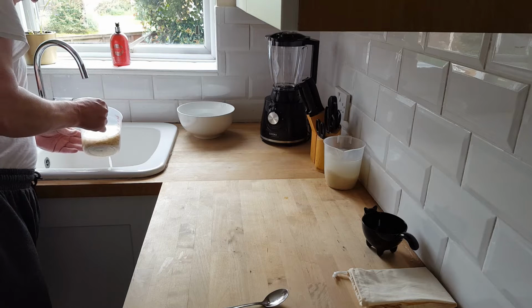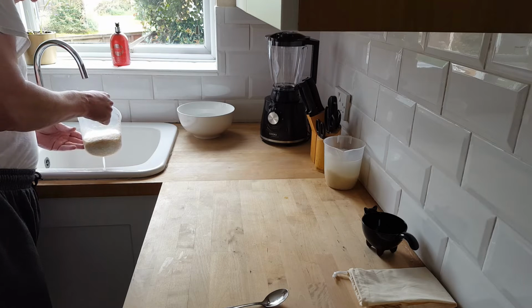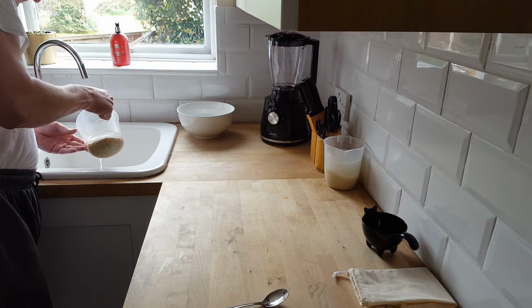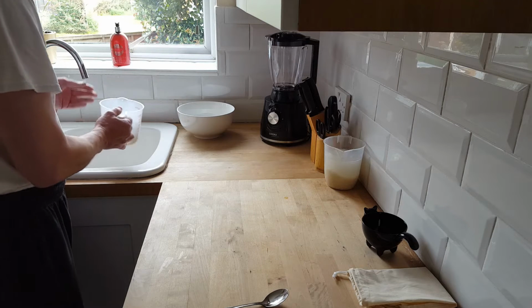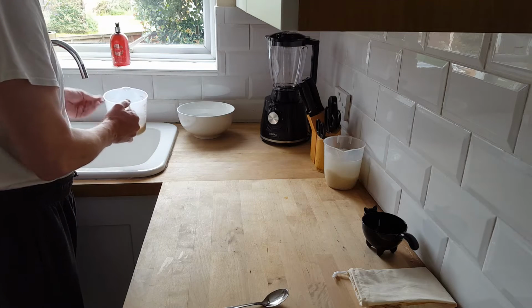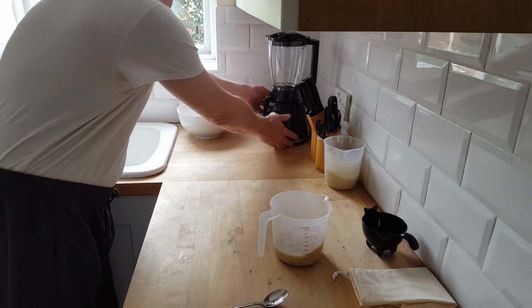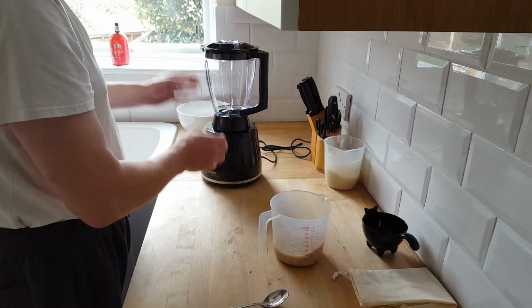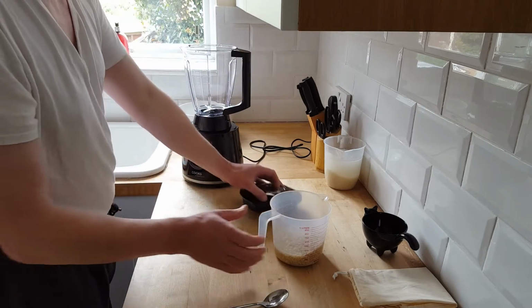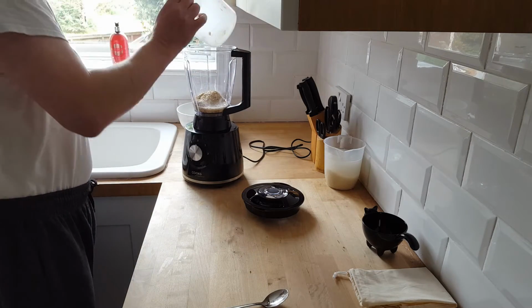The reason that people I've seen doing this on different YouTube channels say to rinse it is that if you don't actually rinse it, there is some kind of, it's not really a chemical, something in the oats anyway, that can be a little bit slimy, and if you don't rinse it out, the finished milk can taste a little bit slimy. So we simply pop that into the blender,